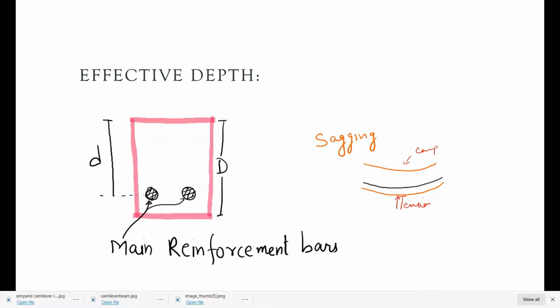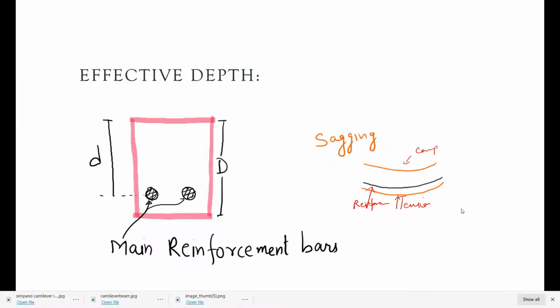So this is called sagging. In this curvature, it's the sagging part, so the tension is below. To avoid cracks here, we will provide this reinforcement bar, which is shown in black.